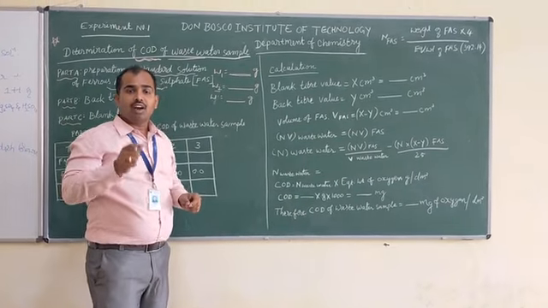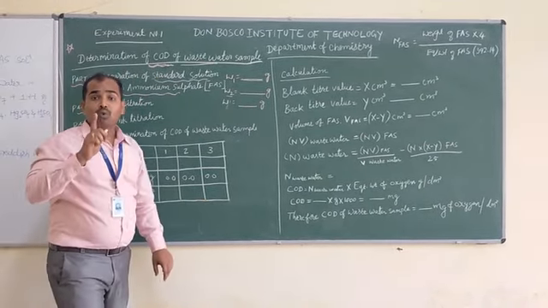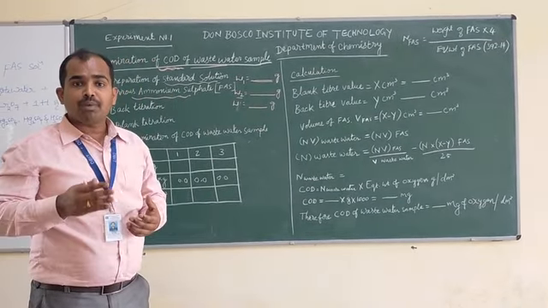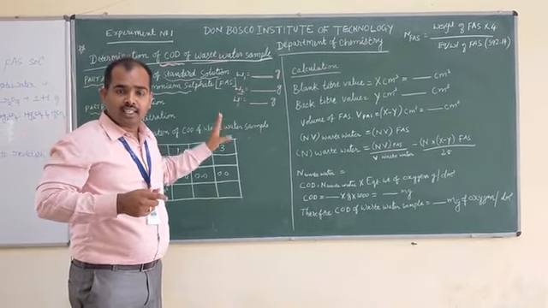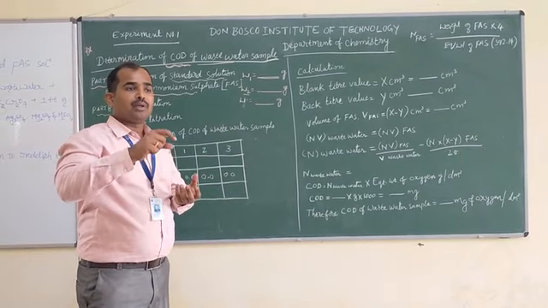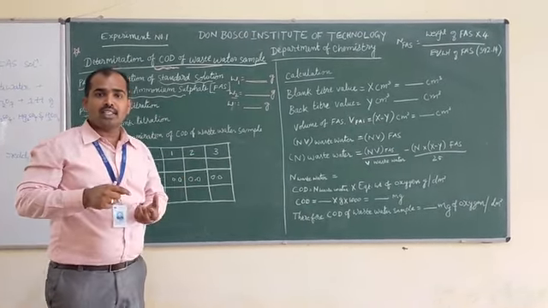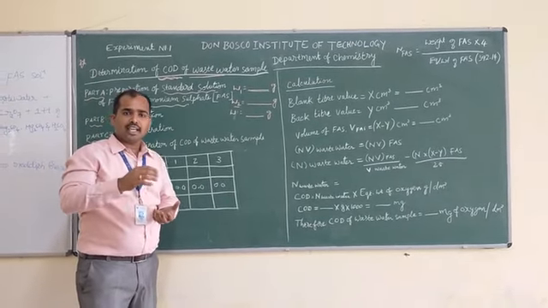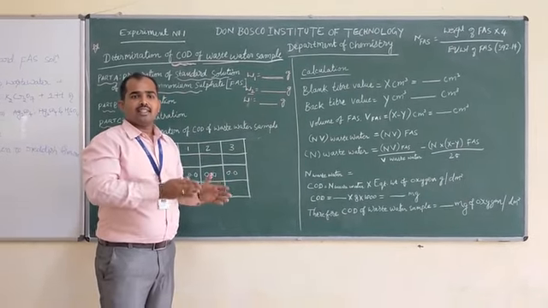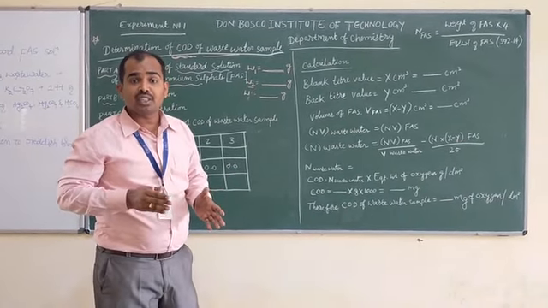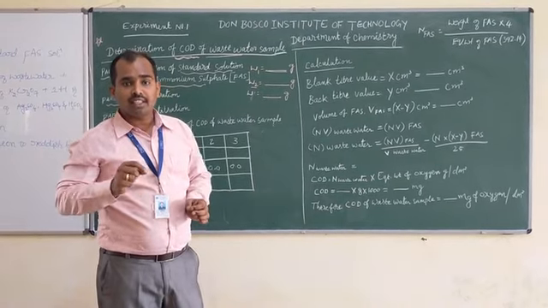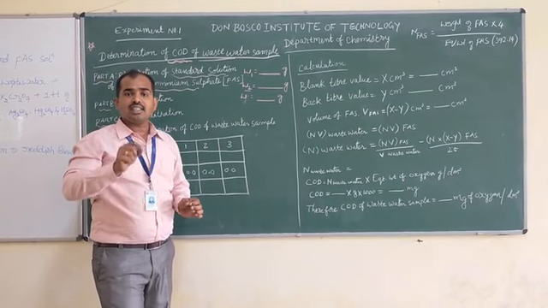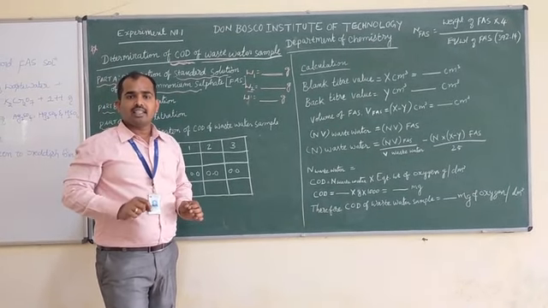Then after that we need to add 1 test tube of sulfuric acid in order to remove any impurities present in the ferrous ammonium sulfate crystals. Then we need to make up the solution by using distilled water. Then we have to shake the reaction mixture and keep it aside. This solution is called the standard solution of ferrous ammonium sulfate. Here the standard solution is nothing but a solution whose concentration is known.